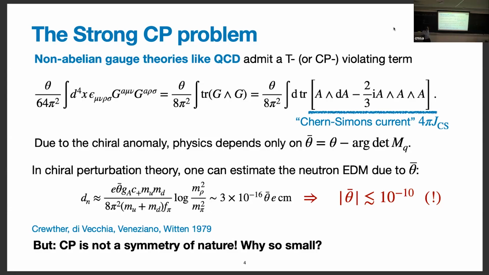physics nonetheless. And in theories with fermions, you can rephase a charged fermion, and due to the chiral anomaly, that can remove this term, but then it pops back up somewhere else in the phase of the mass term. And so physics only depends on a combination we call theta bar, which is theta minus the phase of the determinant of the quark mass matrix. And it's been known for more than 40 years that there's a simple physical observable that can actually be measured that is related to this term in QCD, which is the neutron electric dipole moment.